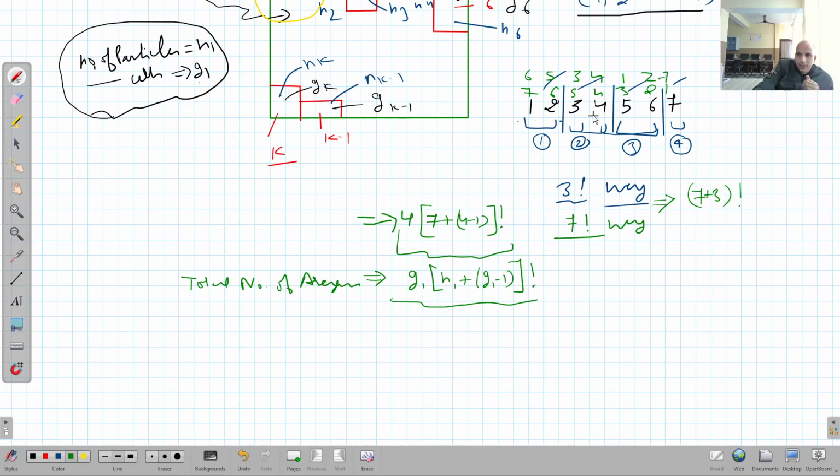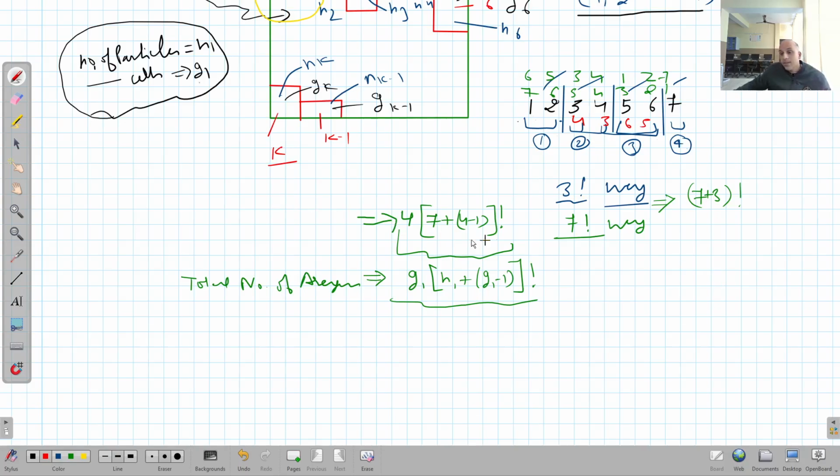Now look at this picture. Here it is 3, 4. If it becomes 4, 3, is it meaningful or meaningless? 4, 3. If it becomes 6, 5. Now, I have given them names for my convenience. These particles are identical as well as indistinguishable. So 3, 4 and 4, 3 mean the same. It means all these arrangements are meaningless.